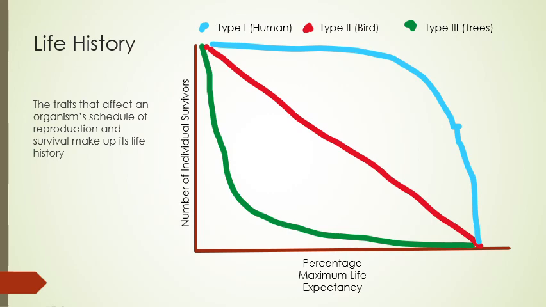And then trees. Trees, they don't care. Trees just don't care. They will drop seeds like crazy. They produce the seeds and then drop them. They produce hundreds of thousands of seeds. Very, very few survive. Those that do survive, the number of individual survivors is going to decrease over time, but you do get some that survive for a long time. All of these reproductive strategies work. None is better than the other. They're just different.